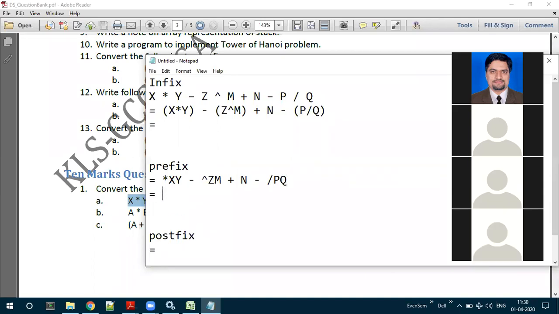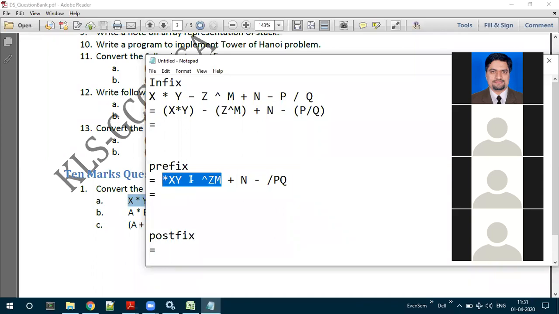Now, this is one operand, then this is one operand, N is another operand, and division PQ is another operand. Now, what are the operators we have? Minus, plus, and minus. All these three operations have equal precedence. So how do we need to solve? From left to right. Very good. We have to solve from left to right. So first we will work out this expression.